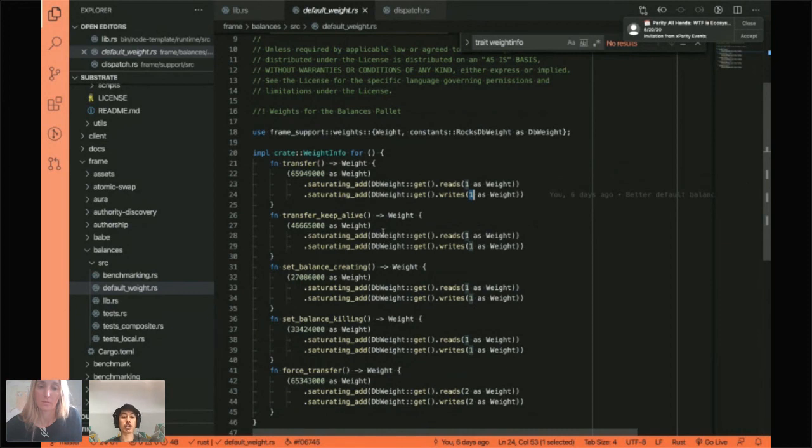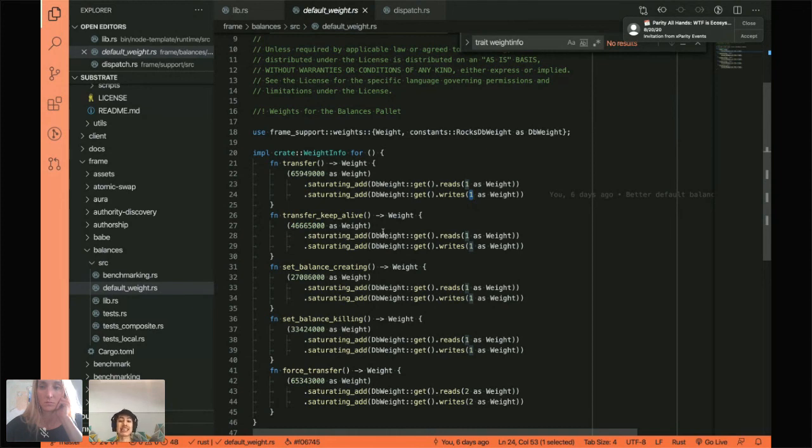And then you can just pass these values to the palette and it will use these values for the weights. Now, the reason why we moved to this pattern: if you're familiar with old weights, you used to be able to just hard code the weight in the palette. Well, we know that these different runtime palettes can be configured in different ways. For example, in the balances palette, you can configure it so that the balances are stored in the balances palette, or the balances are stored in the system palette.